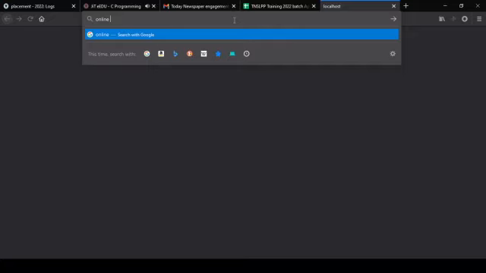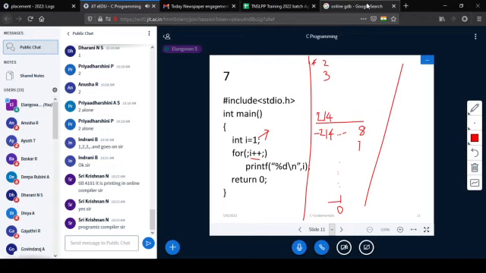If possible, scroll down and check it. Anyone else? Please try it. We'll cross verify it. Anybody else is doing it?